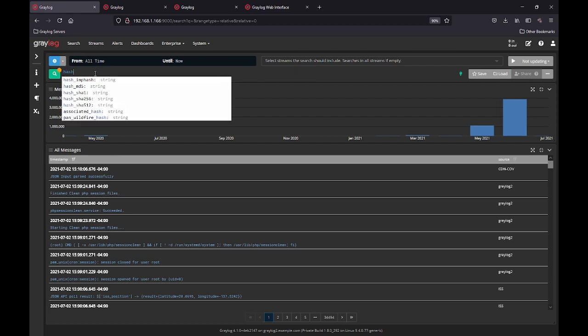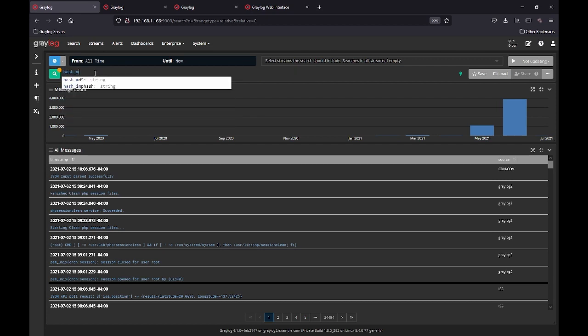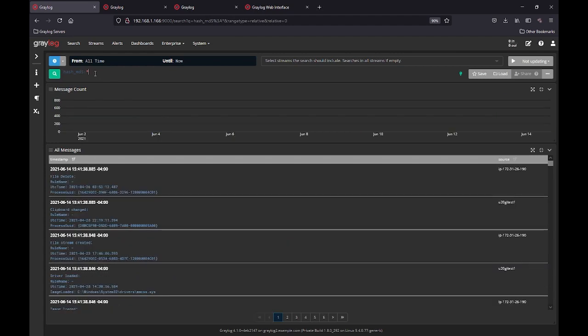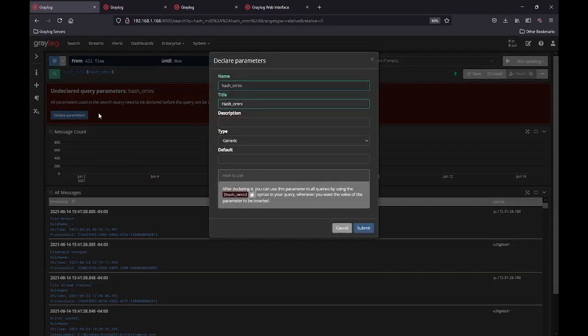So we're going to look for the hash MD5 and just do a wildcard search to see if there are any MD5 hashes in my logs, and there are. So let's turn this, like we mentioned earlier, into a parameter. We're going to call this parameter hash_omni, because what we need to do is declare it, which we have, and we'll just put in a